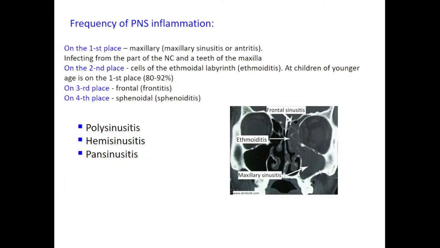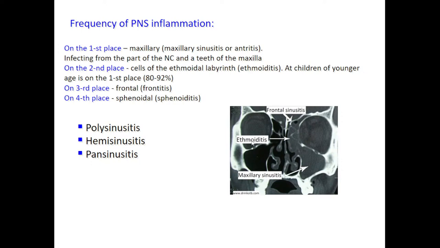If we speak about frequency of paranasal sinuses inflammation, we can see that on the first place is the inflammation of maxillary sinus. It's maxillary sinusitis or antritis. Here we can see maxillary sinus. Then on the second place is inflammation of ethmoid labyrinth, ethmoiditis. But you must remember that